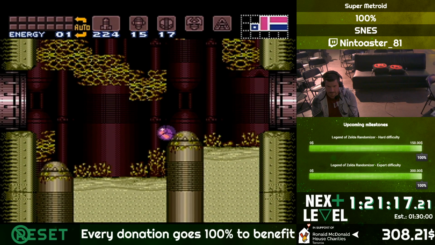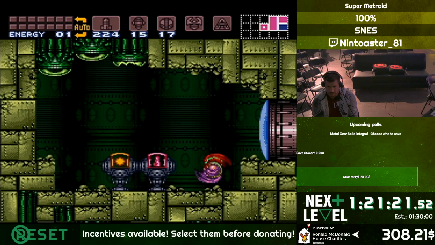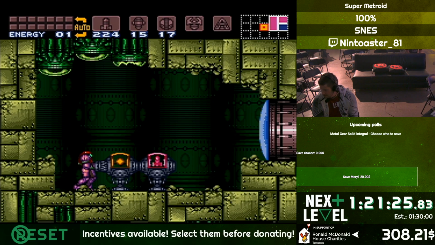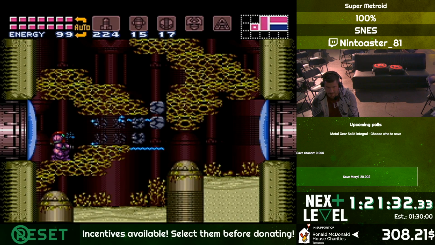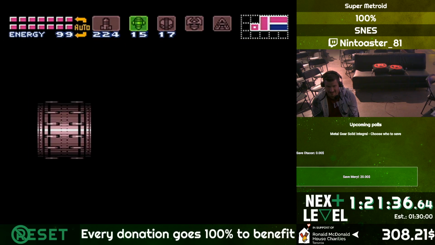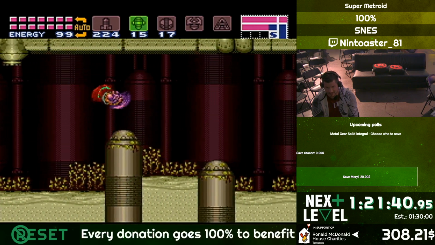So we can do a little refill here quickly. Alternatively, you can do what's called a, what is it called? I can't remember. There's a technique you can use to refill all your health by using Crystal ammo. Crystal Flash, that's it, thank you. And whether it's faster or not than refilling in that room, I'm not too sure. I think it is a little bit faster, but...